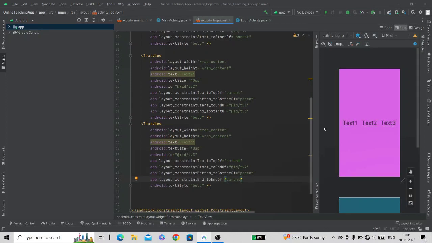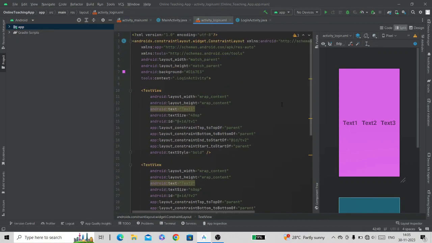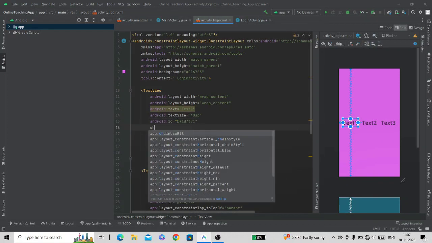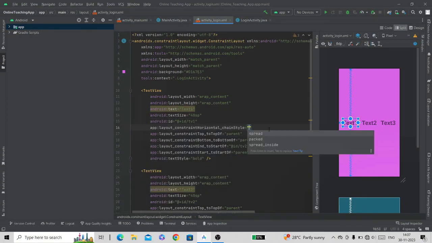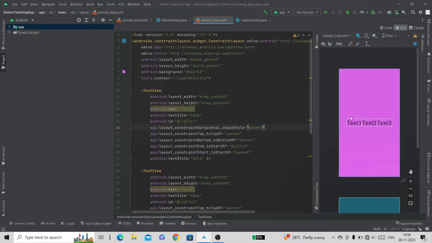Now because we have created a horizontal chain, we can apply the properties of a horizontal chain here. We will use constraint horizontal chain style. Here we can see there are 3 ways we can arrange the views horizontally. So we will first use packed. When we use packed, the views are packed together with no space between them.